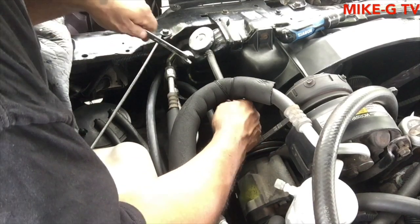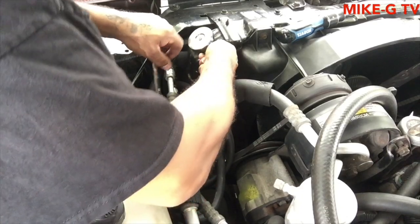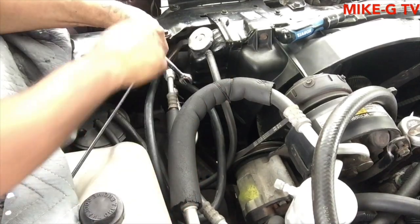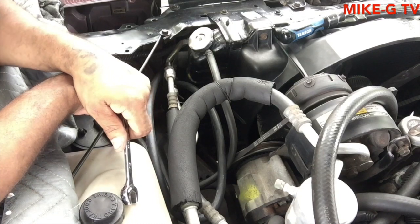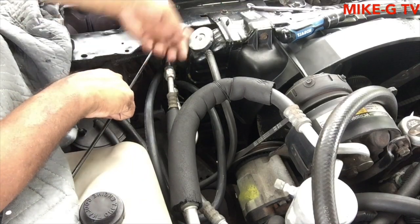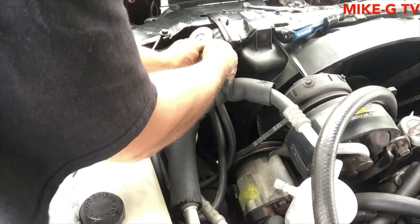This one, I really need to move this. I don't know if the car is hot. It's still hot, but I didn't really bring any tools with me because I took everything out of the trunk and left it in the house. I took what I thought I was gonna need, but I could probably squeeze this with my hand. Hurts, but